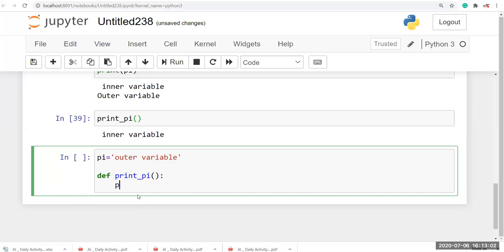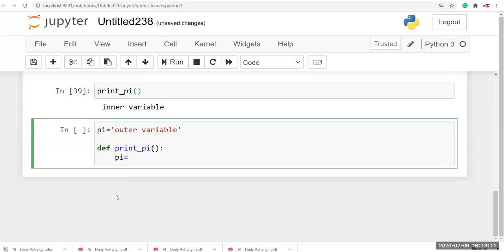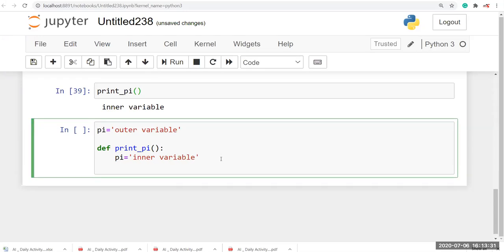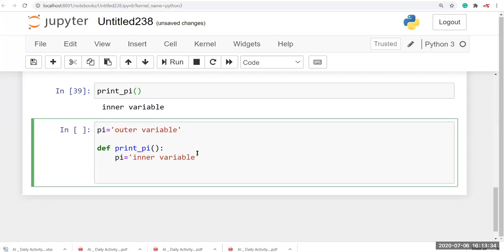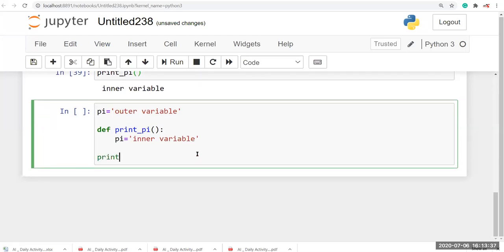After that, I'm going to give another value to the same variable pi, inner variable. Then, outside the function, I'm going to call the function print_pi.